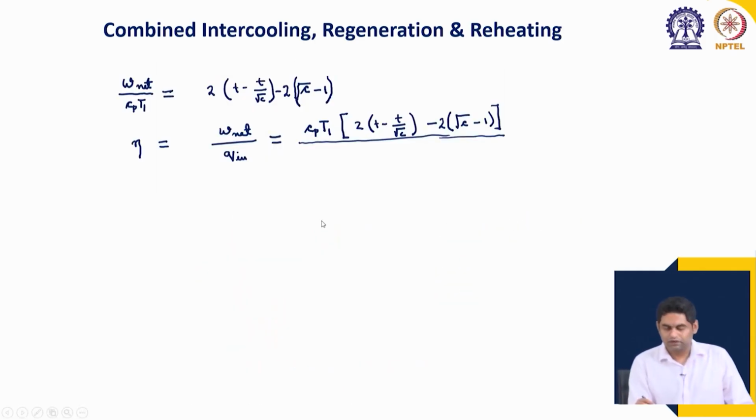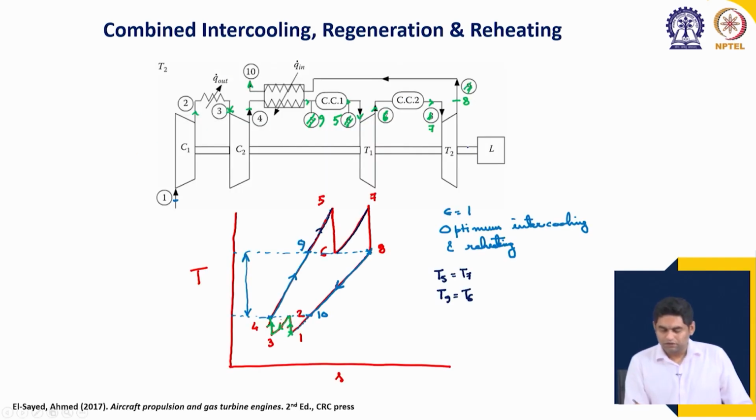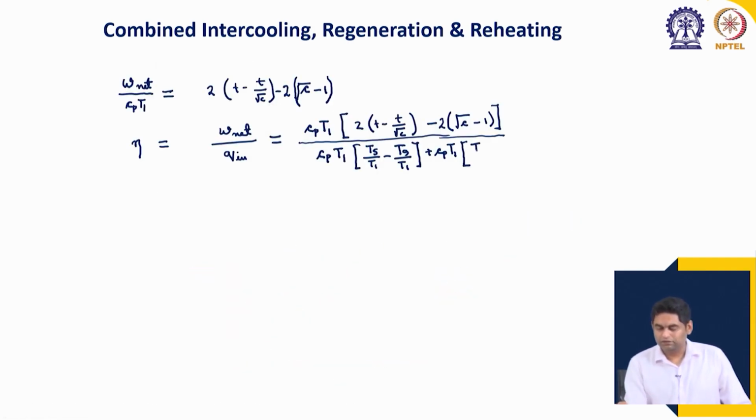So, we can write this as CP T1 into T5 by T1 minus T9 by T1 plus CP T1, although it is the same we are writing because we want to know the exact expression, T7 by T1 minus T6 by T1, because we have taken T1 outside the bracket. Okay. So, CP T1 can be cancelled,